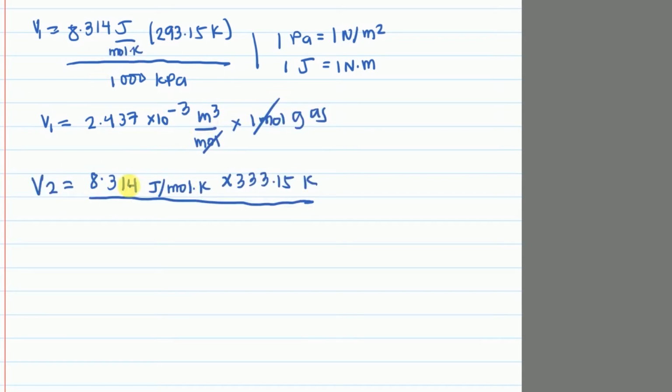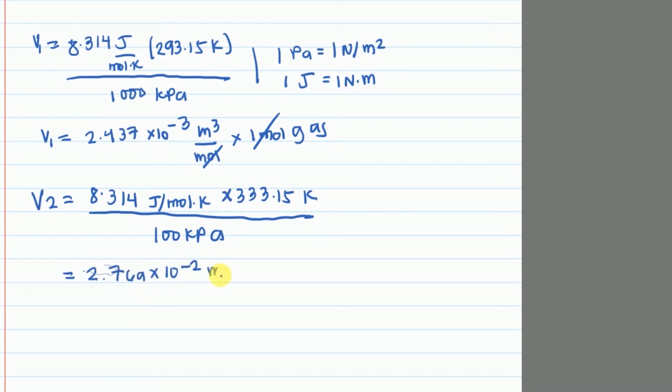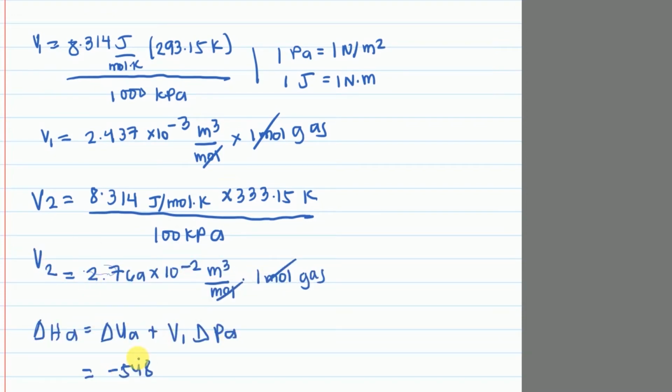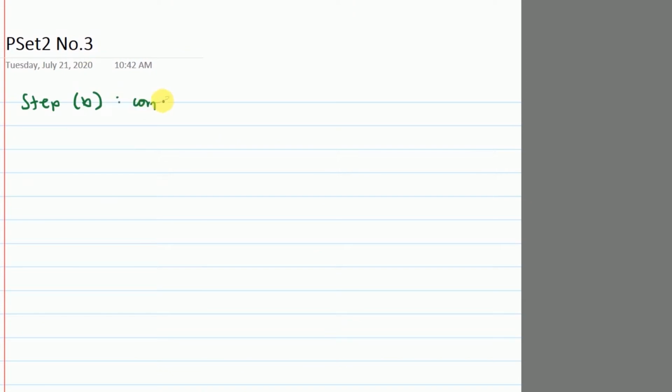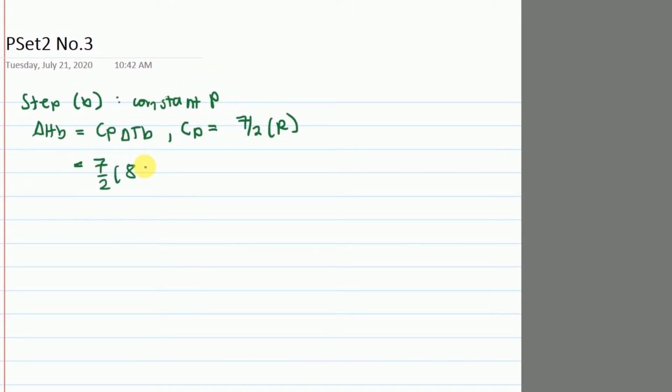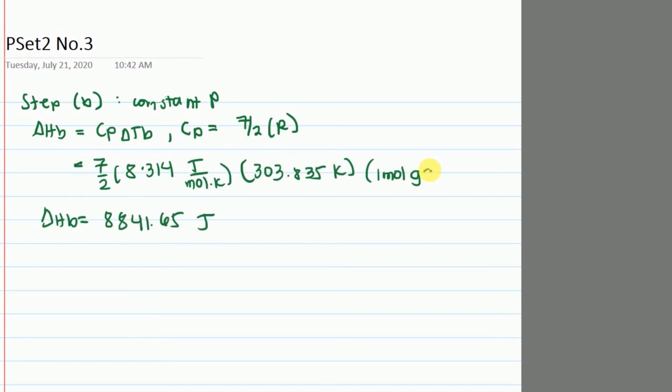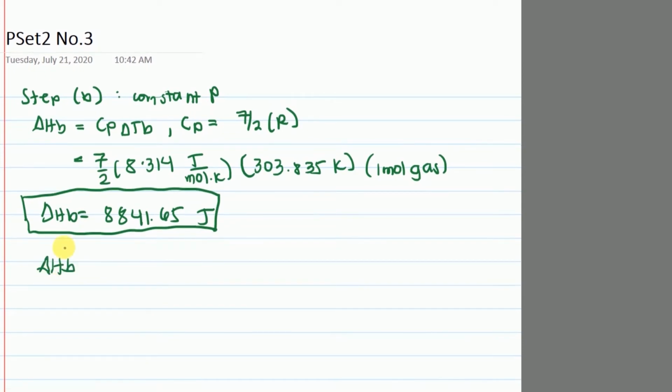For V2, we do the same step to get us a value of 2.769 times 10 to the power of negative 2 meters cubed. For the change of enthalpy for step A, we use this equation and substitute the values to get about negative 1767.3 joules. For step B, for constant pressure, change of enthalpy for step B is equal to Cp change of T B, where Cp is equal to 7 halves R. We substitute these values to get change of enthalpy for B to be